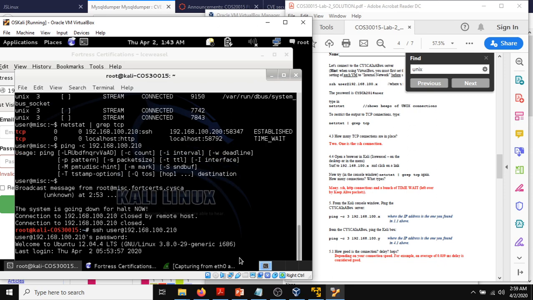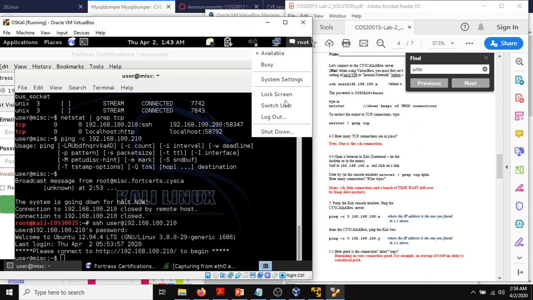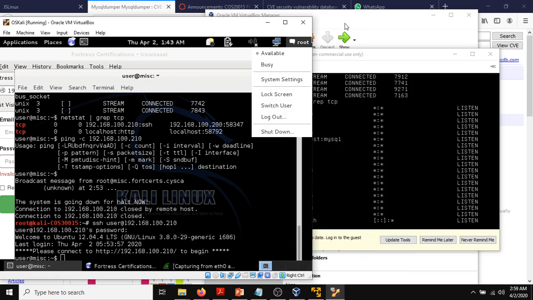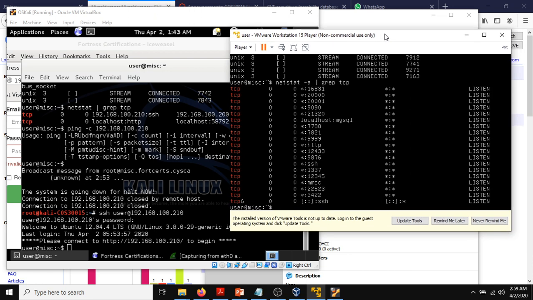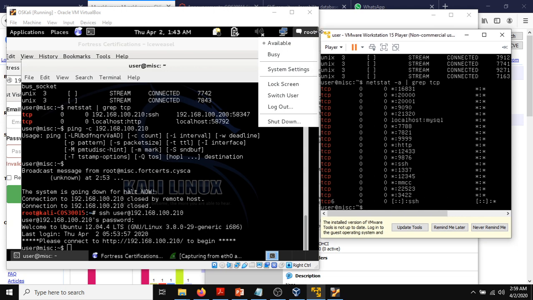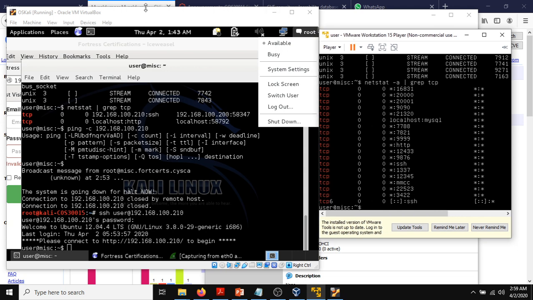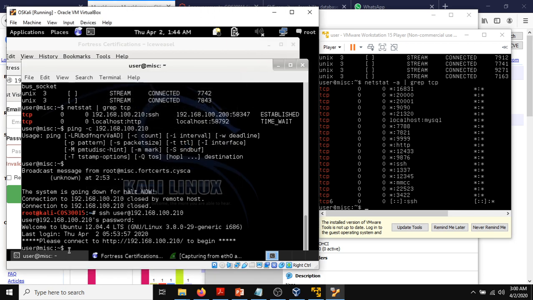Okay. Now what we can see is that we already successfully made a connection between OS Kali and the VM machine, VMware. So this is VMware. So this is Kali OS. So after making a connection, we can try to ping